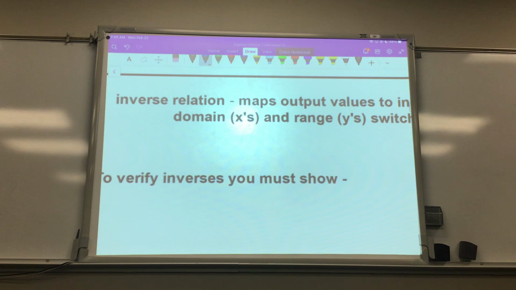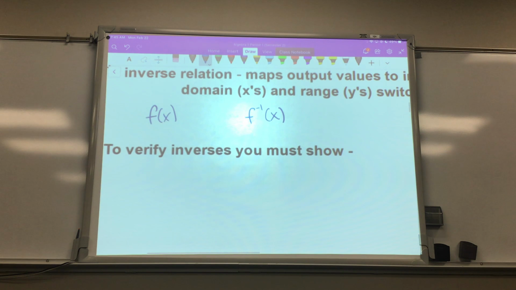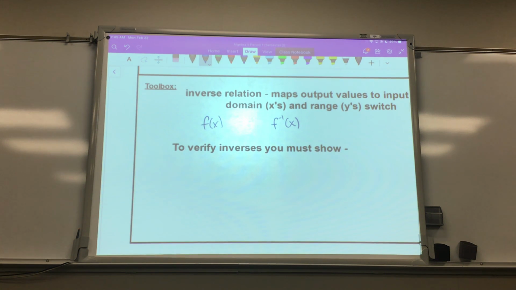Okay, so let's put it this way. You got f of x, that's going to be your original function. And to represent the inverse function, f to the negative first of x. It's not an exponent. That's how we represent inverse functions. F to the negative first of x, that's representing the inverse function. Now, to verify those inverses, what you're going to do